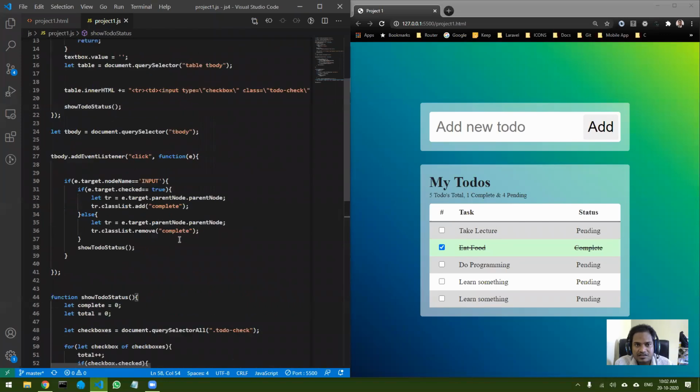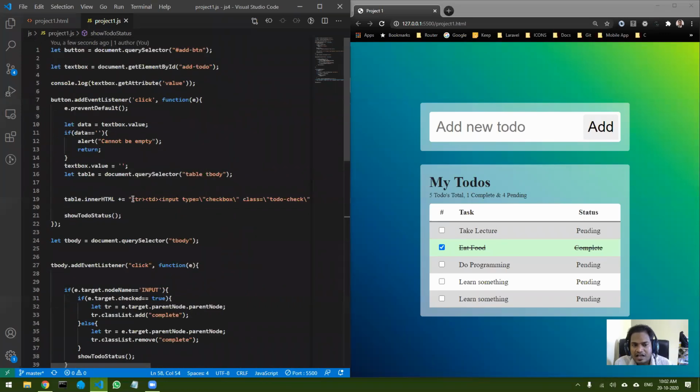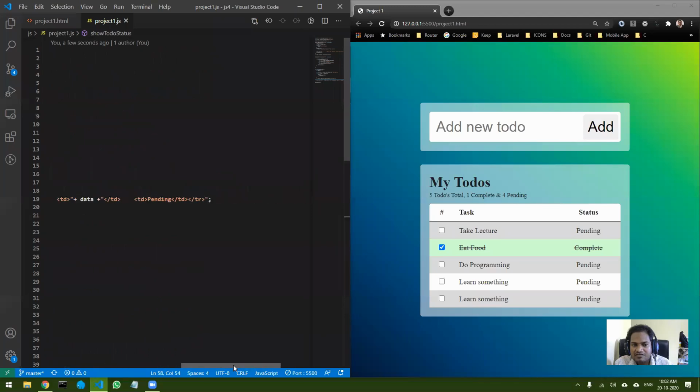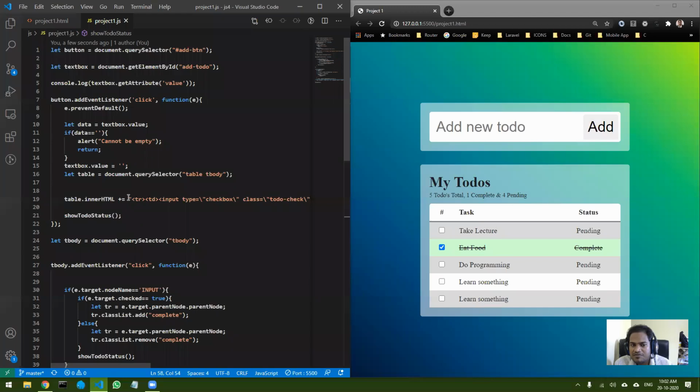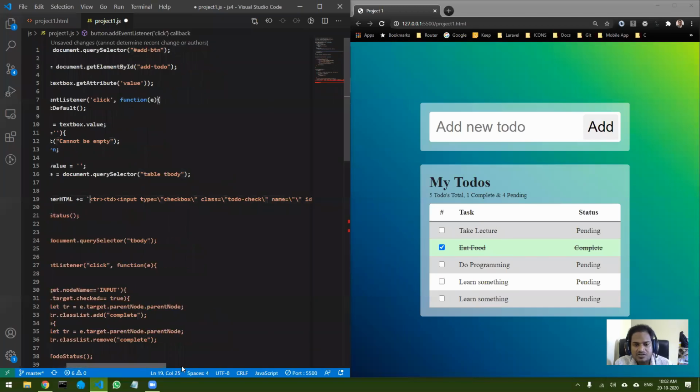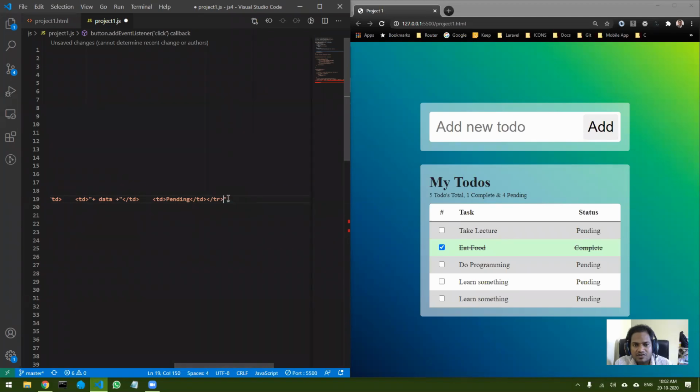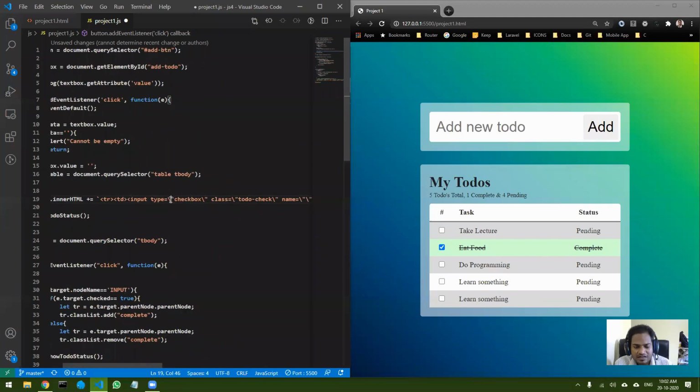Another thing is, let's come over here, and you can see this statement that we have done, right? If you remember, we have added this with the help of this. If I would have used backticks over here also, then I did not have to escape the quotes also.